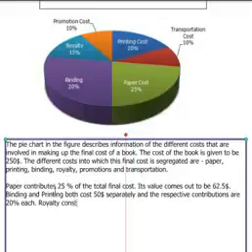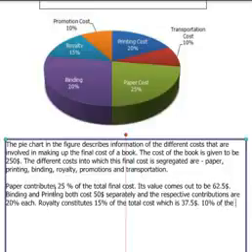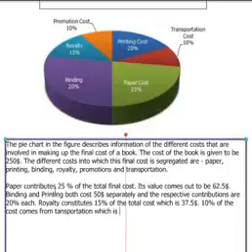Royalty constitutes 15% of the total cost, which is $37.5. 10% of the cost comes from transportation, which is, now 10% of 250 would be $25,